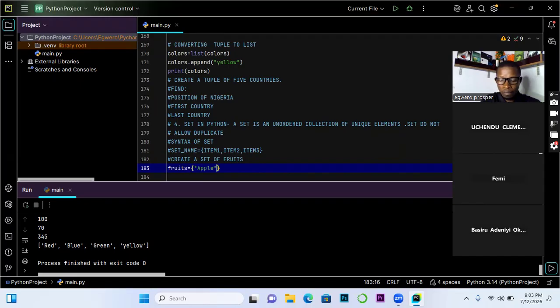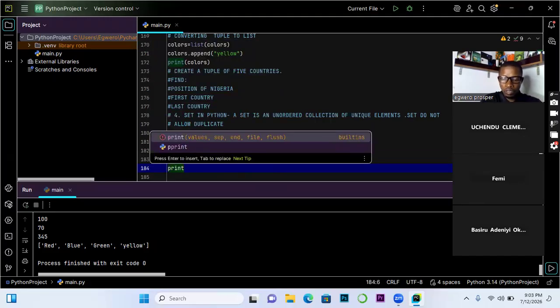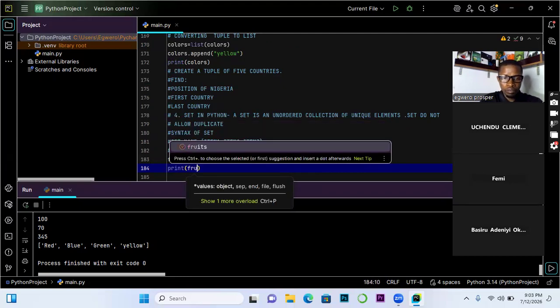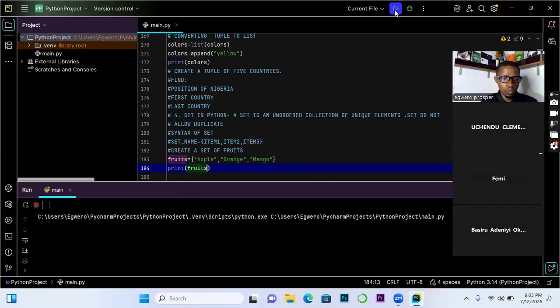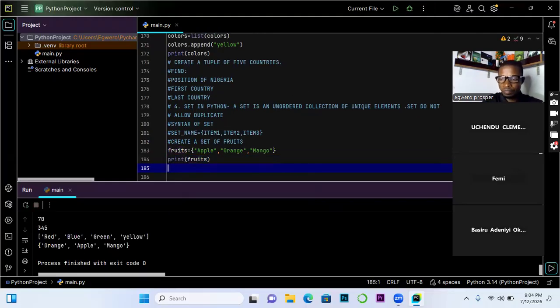Let's say apple, and then the next one is orange, mango. Right. Now the same way, how do we print set values? Want to print all the values? Use the same print command and then pass in the name of the set. By the time you run your code, you get the items listed out.